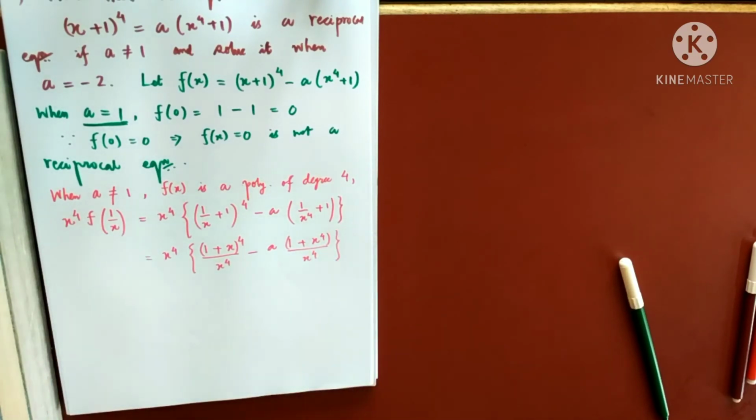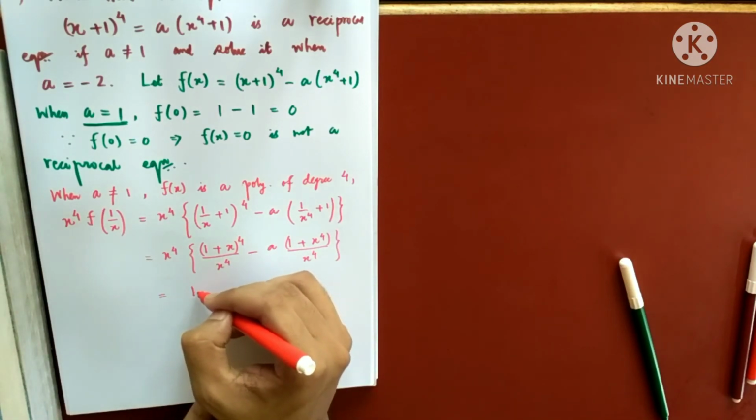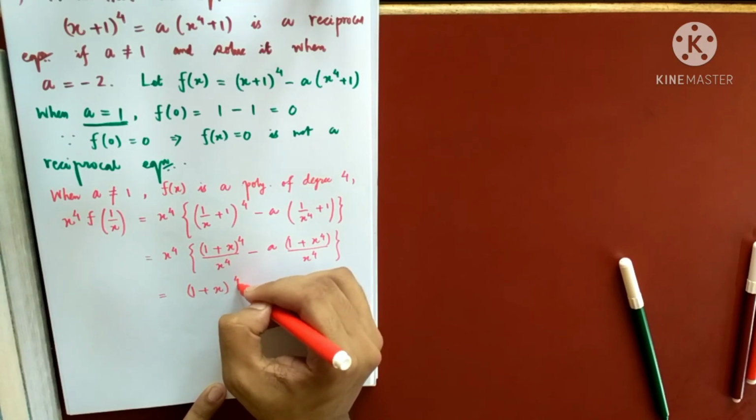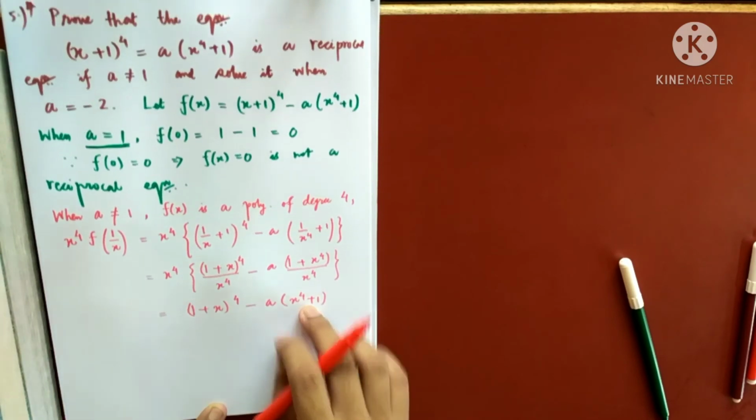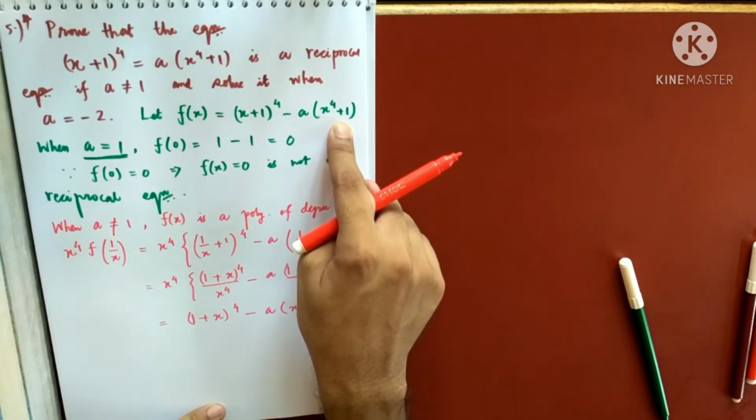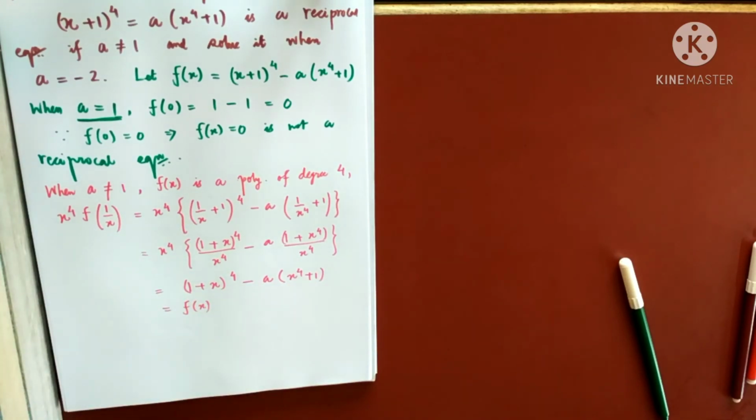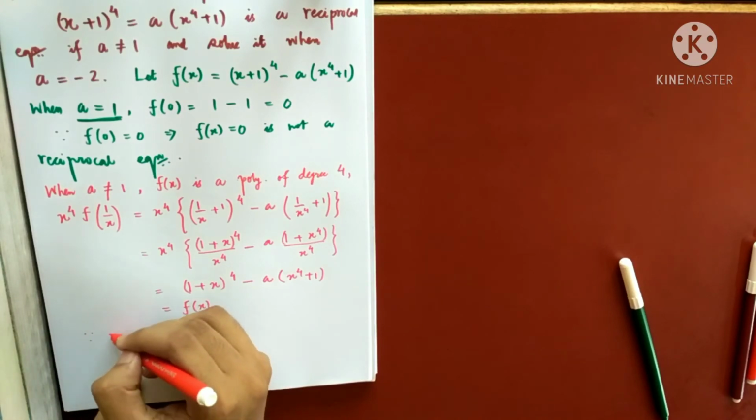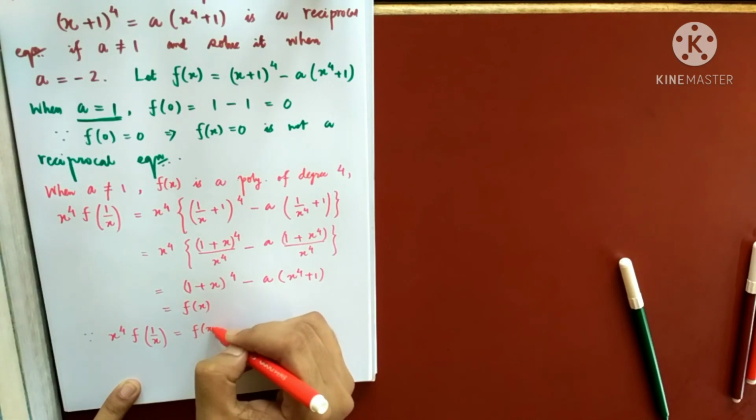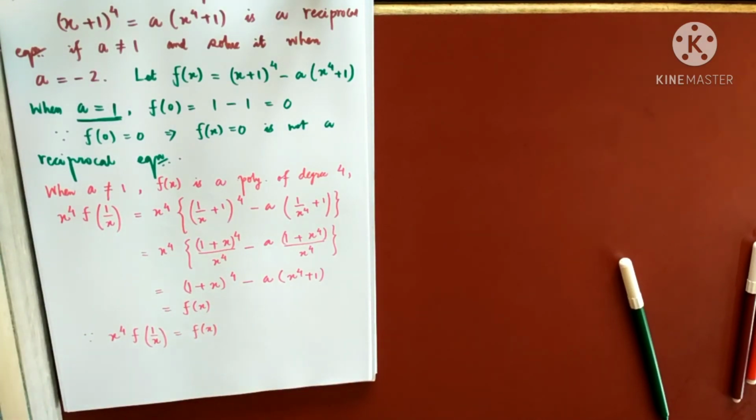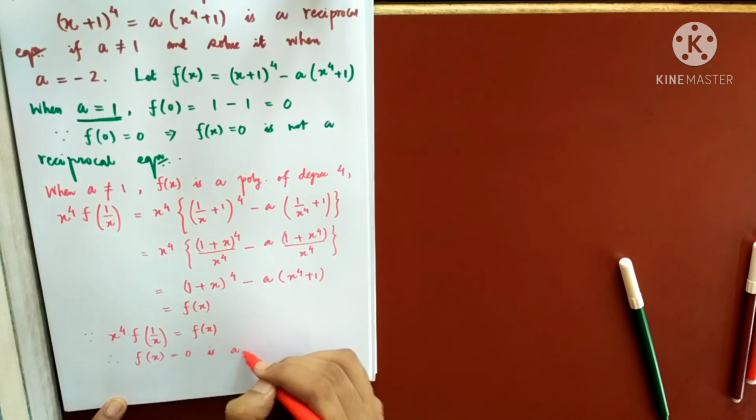If I take LCM, and this will cancel, what am I remaining with? (1 plus x) whole to the power 4 minus a into (x to the power 4 plus 1). And you see, this is nothing but the given polynomial f(x). Exactly the same. So this is nothing but f(x). Since this was the necessary and sufficient condition, since this is coming the same as f(x), what can I say? Therefore, f(x) equals 0 is a reciprocal equation